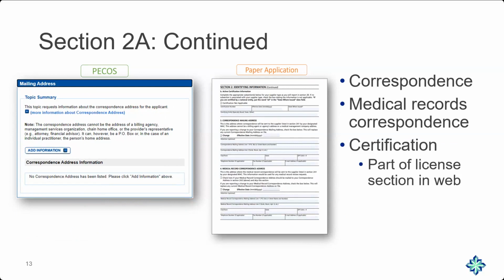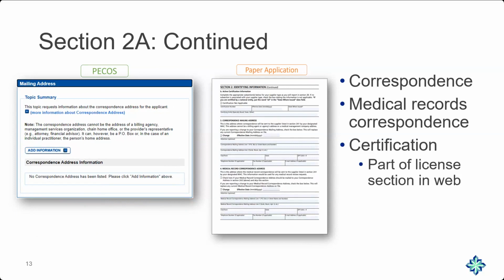Section 2A continues on a second page, and we are running through here the correspondence and medical records correspondence address information. And again, PACOS is going to allow you to add information, and then it'll ask you if the correspondence and the medical records correspondence are the same, so it's not going to make you add it twice. Neither will the paper application. There are checkboxes for that. But we're asking for the